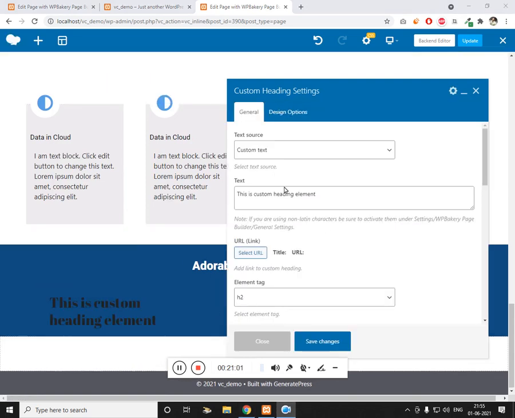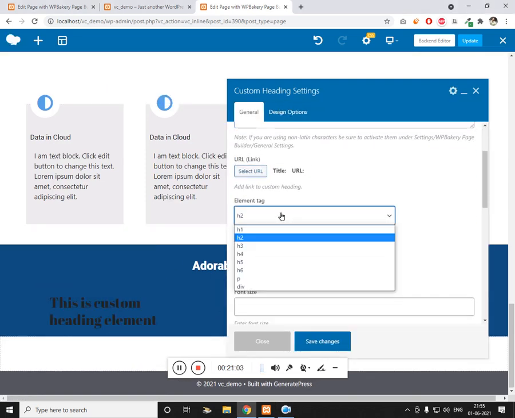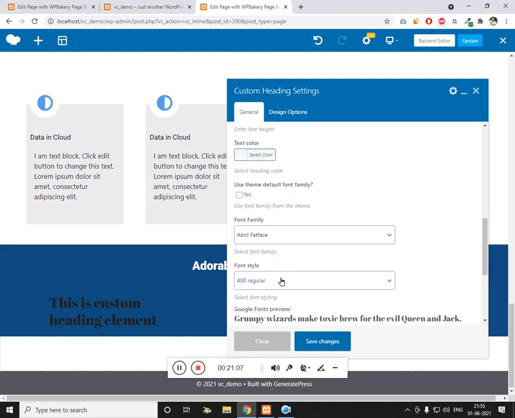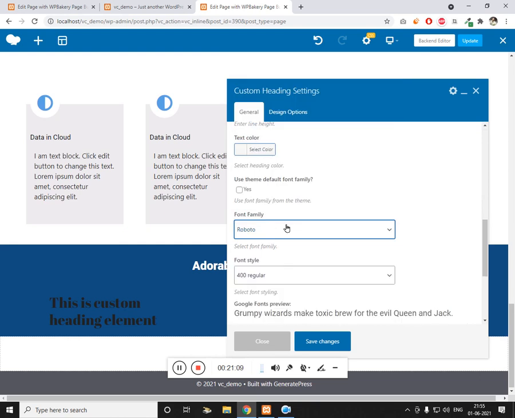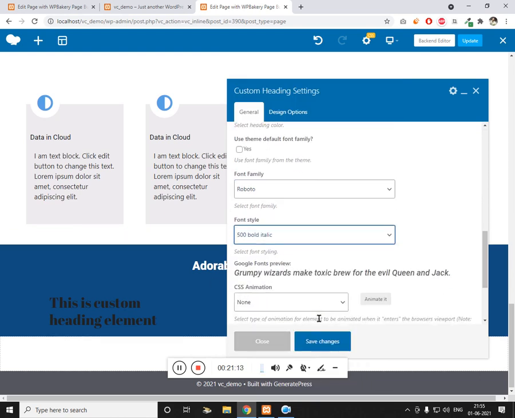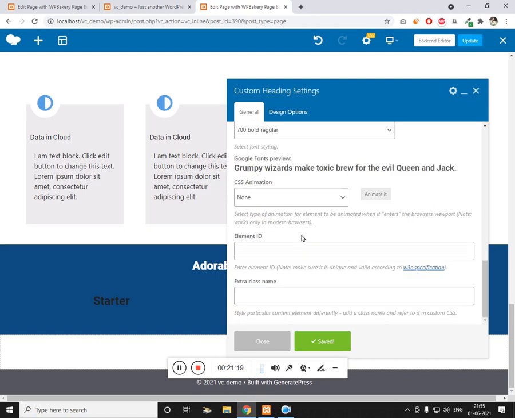So this is going to be the text. So select my H3, text align center, font family Roboto, and let this be 500. Click on save, and if you want text to be white,